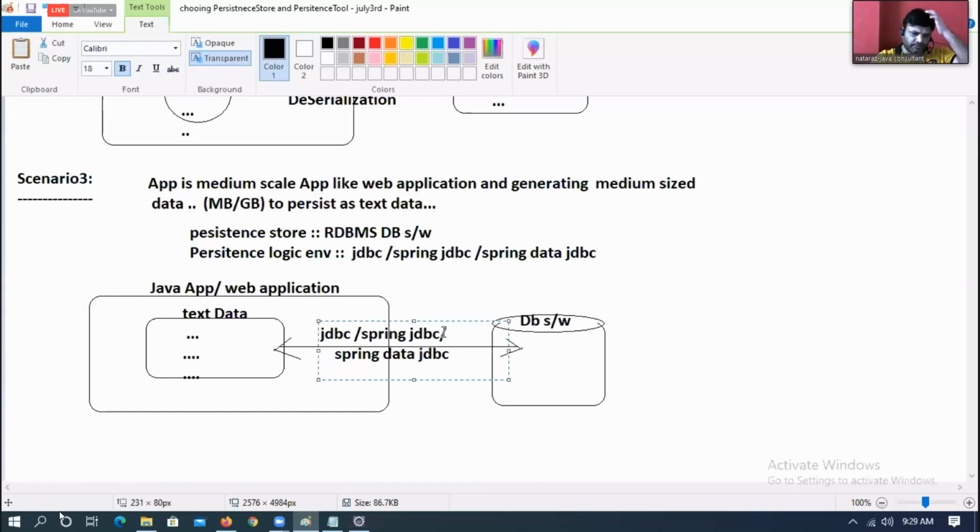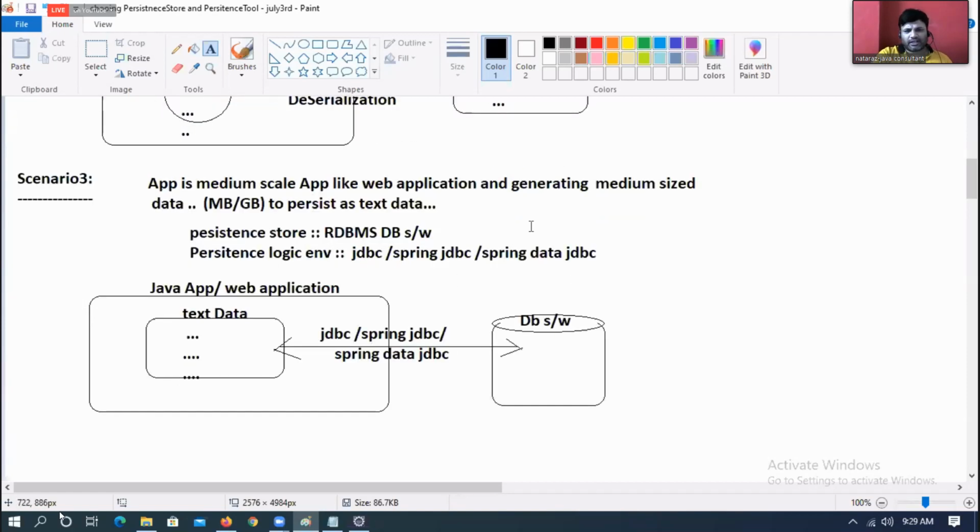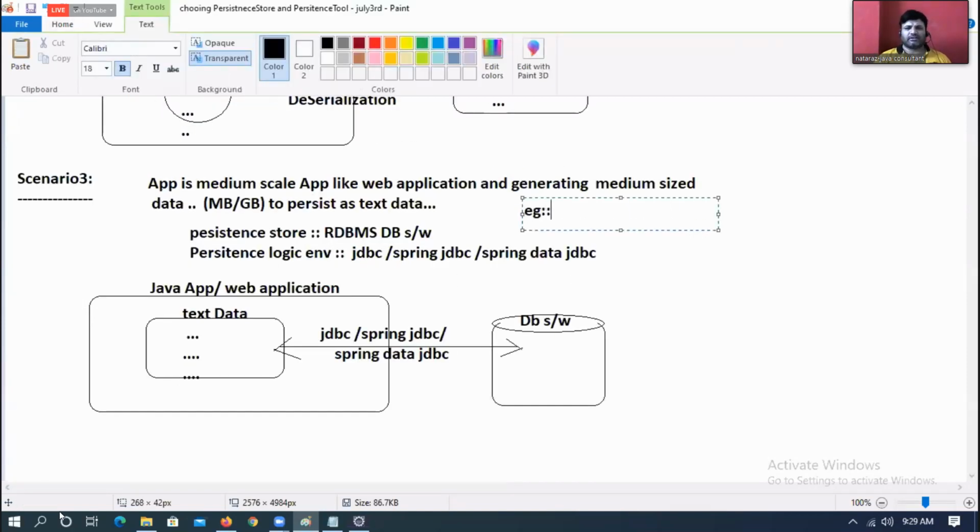Examples: nareshit.com, citibank.com. Naresh IT may have text data, may have objects data, that's not an issue. Next, small banking applications.